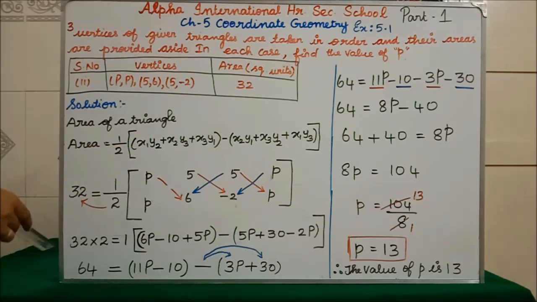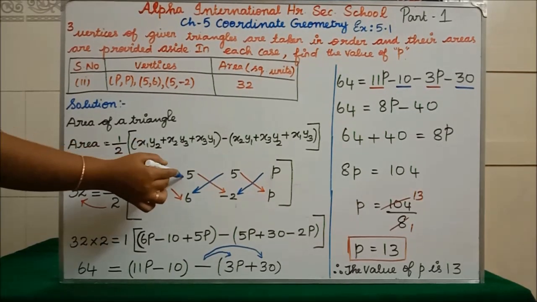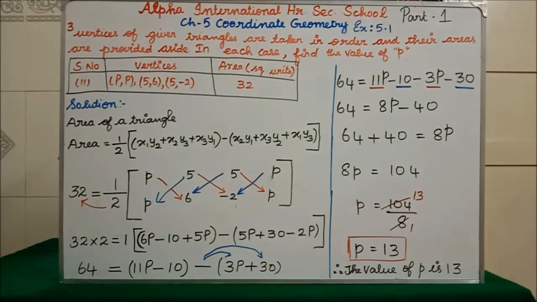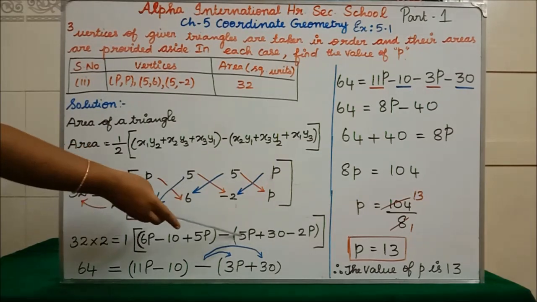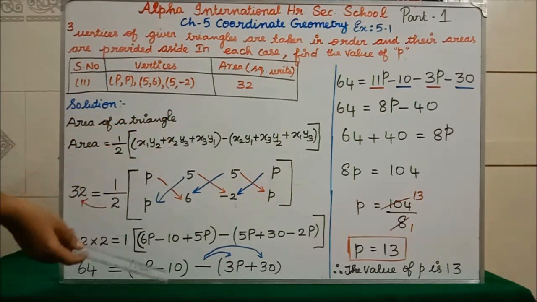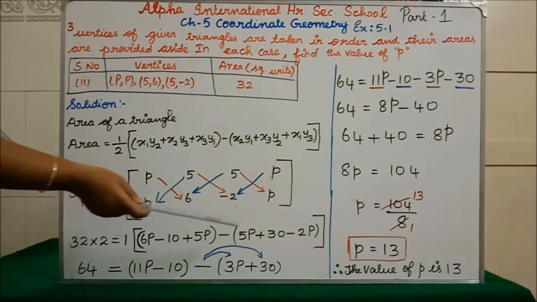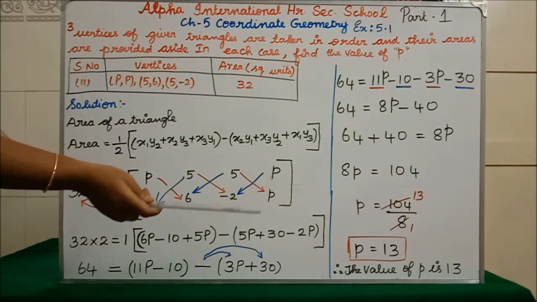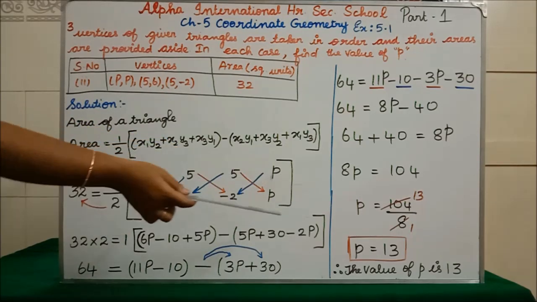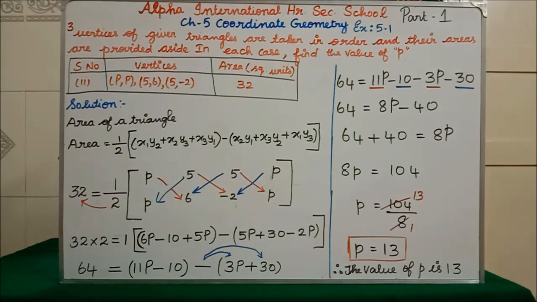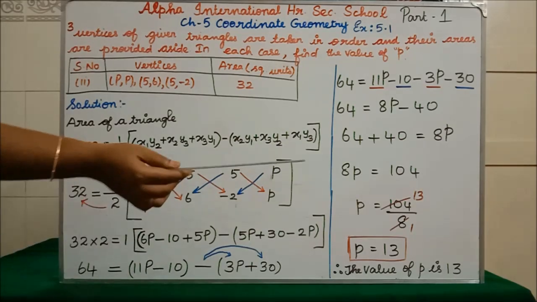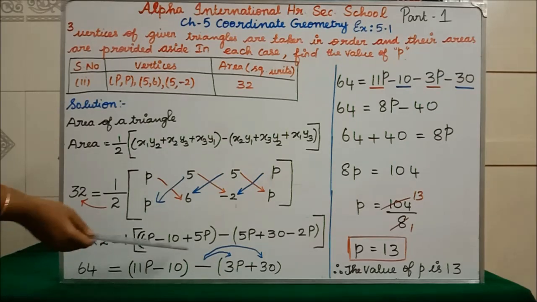Next we are going to come from right to left, which means now you put the arrow mark on the opposite side. Now 5 into p is 5p. Since we are coming in the opposite direction, we are writing the common factor outside. Commonly 5 we are writing outside. 5 into p is 5p. 5 into 6 is 30. 5 into p into minus 2 is minus 2p. Clear students? Next 32 into 2 is 64. 1 into everything is the same only. So right here 6p, here 5p.